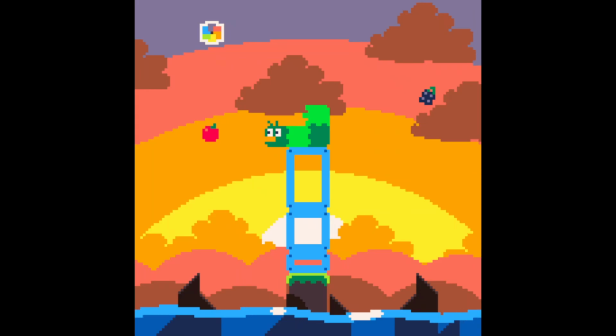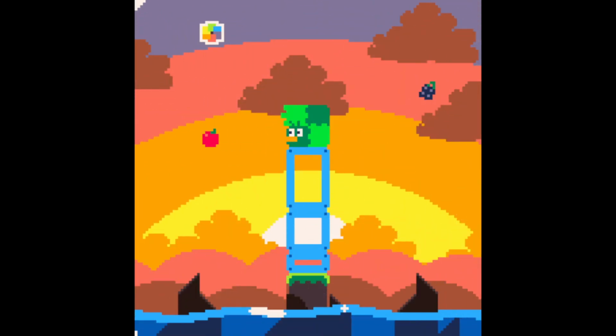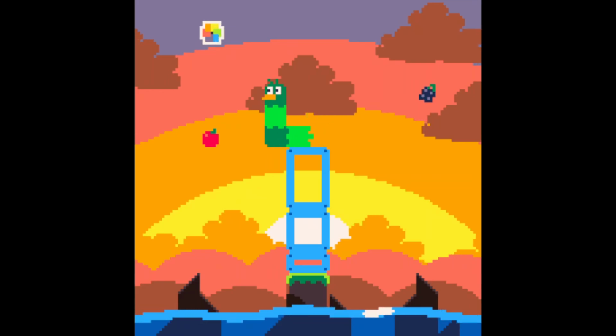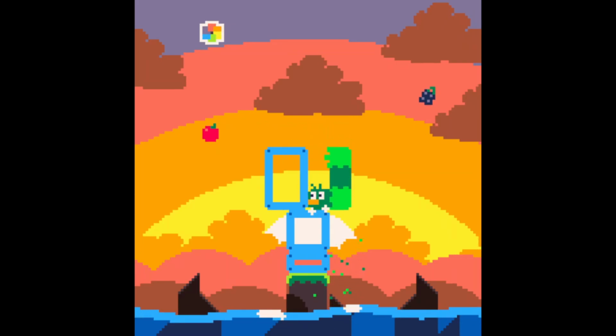Okay, we got... sorry, what level is this? This is 43, right? No, it's 41. What? I think this is 43. Alright, gotta get 2 fruits. Somehow get all the way up there. If I manage to, like... No, if I manage to do this...